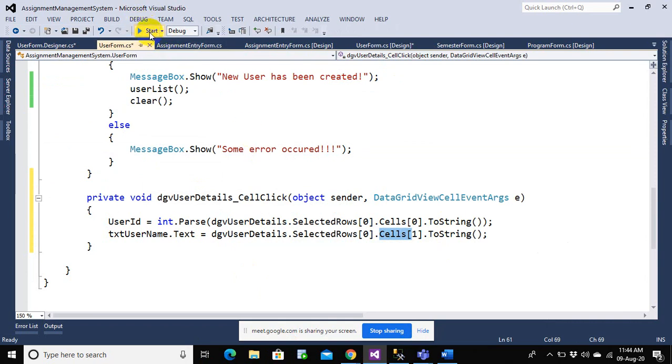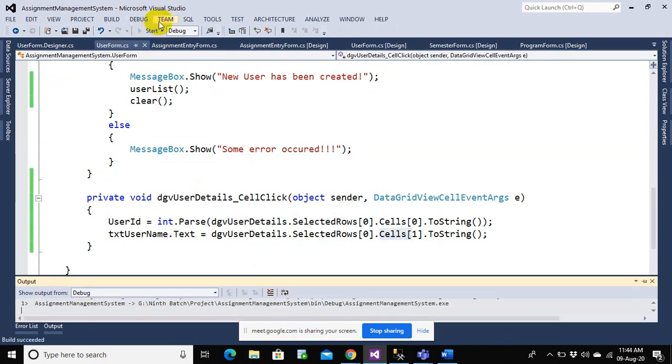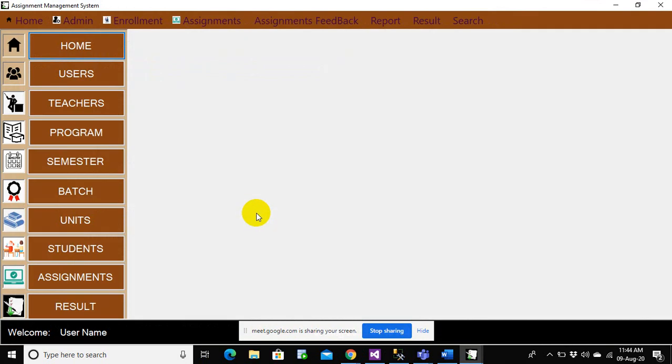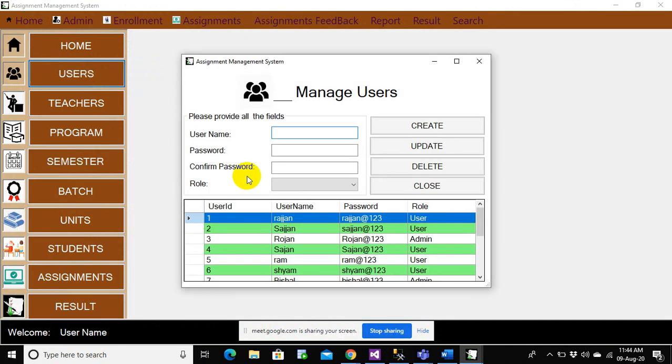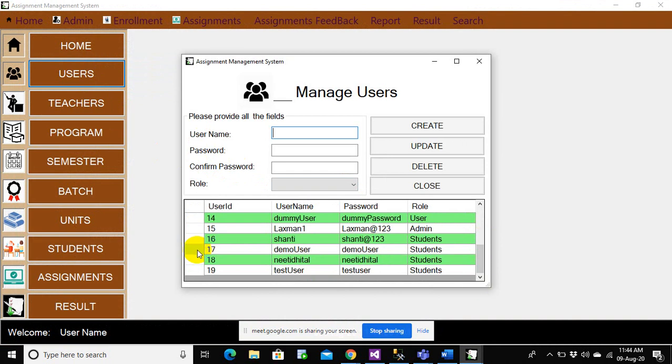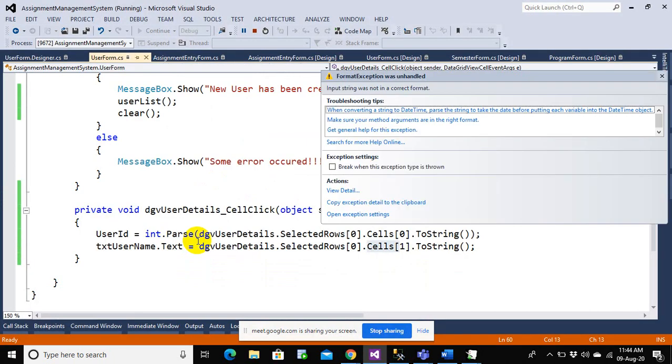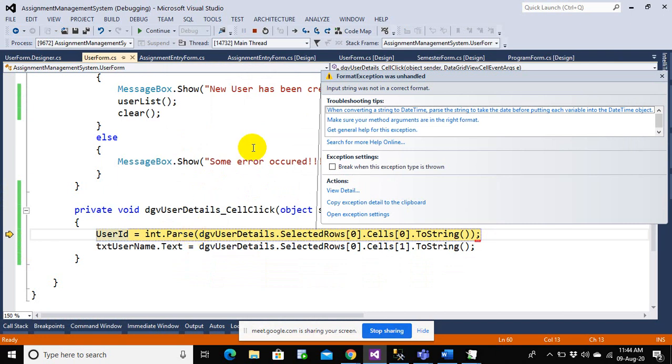Before that, let me run this and show you exactly what I'm trying to do. Let me run it here. Let me go to users. And now if you click on any one of these, yeah, let me fix the issue. Input string was not in the correct format. That's okay.